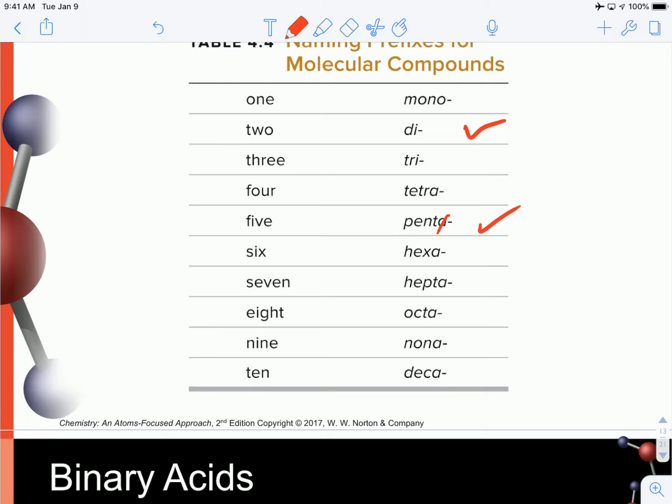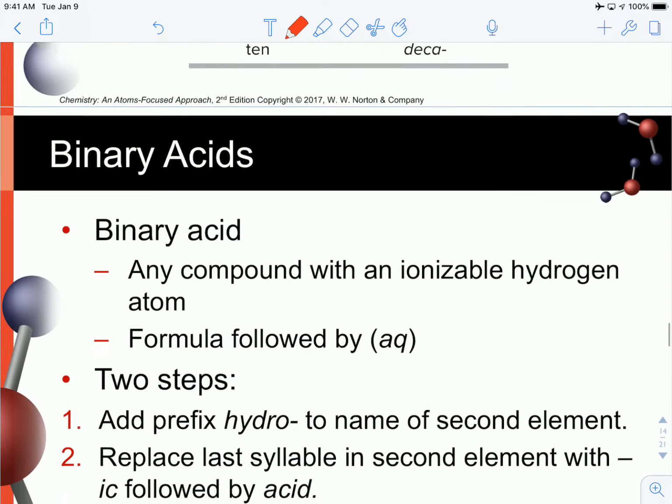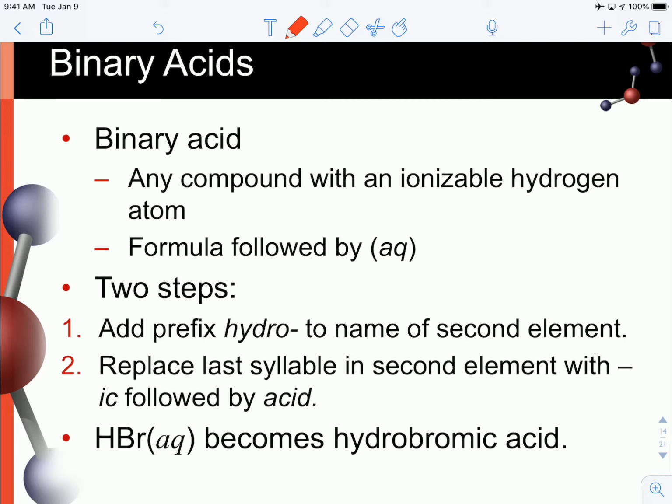Okay, so let's see what's next. The acids are next. Any compound with an ionizable hydrogen atom. Now, there's no way for you to recognize this at this point. So basically, it's me just telling you and you learning from your book that this is an acid. There's no way for you to look at this and know it's an acid. It just comes from convention and learning it. Eventually, you will learn something in organic chemistry that helps you understand and recognize where these ionizable hydrogens typically occur. But as far as naming it,